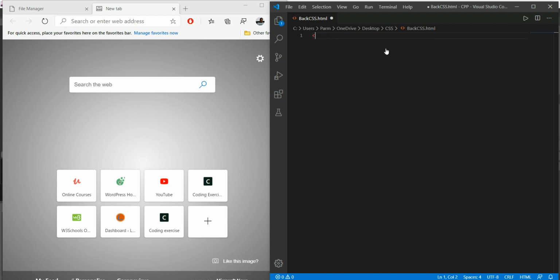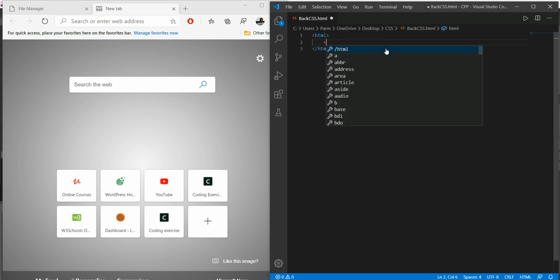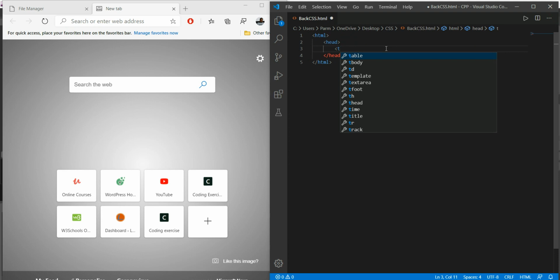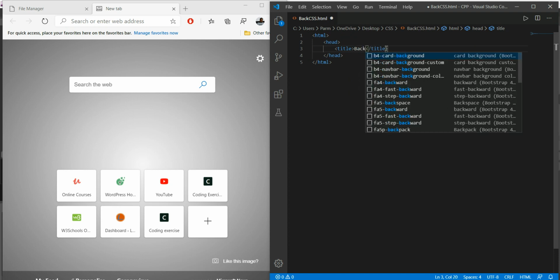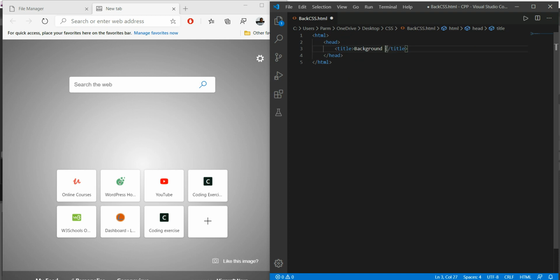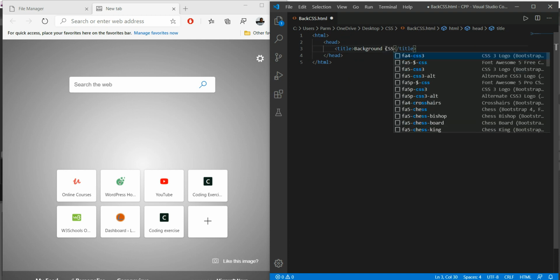So same way here we go with HTML, and in the HTML I will go with head. In the head we will go with title. So here I will give the title background CSS.